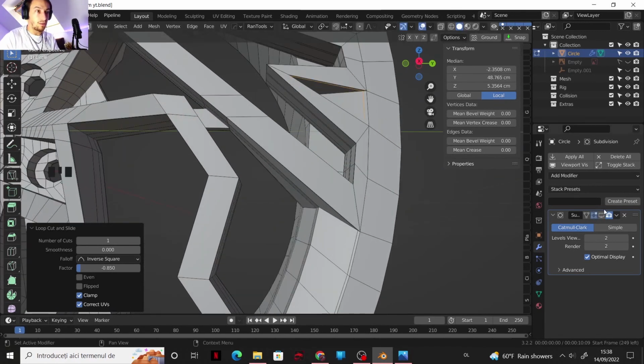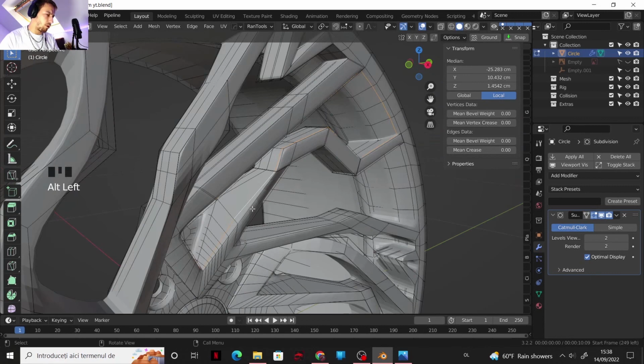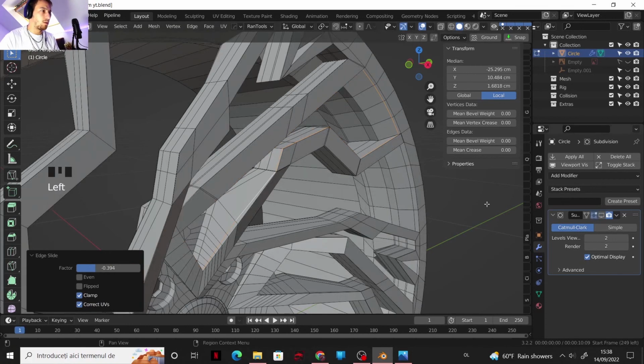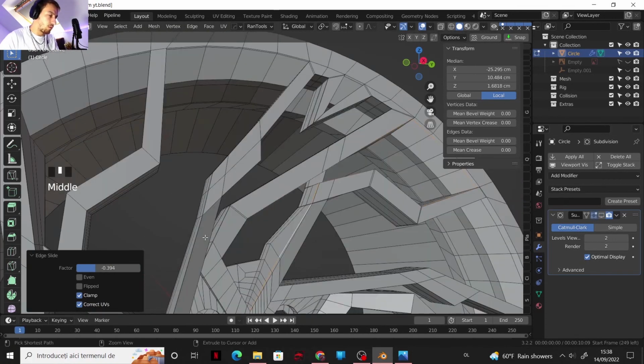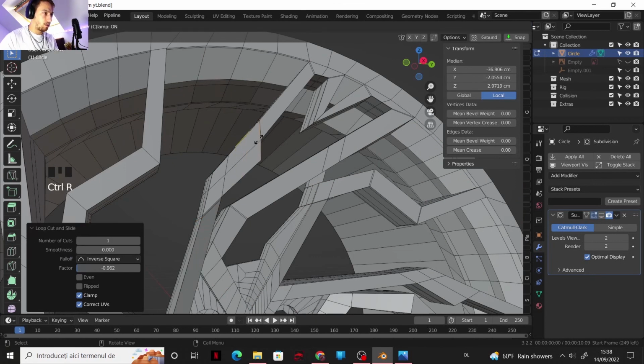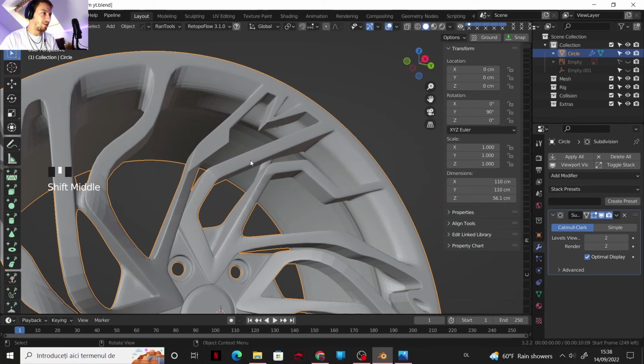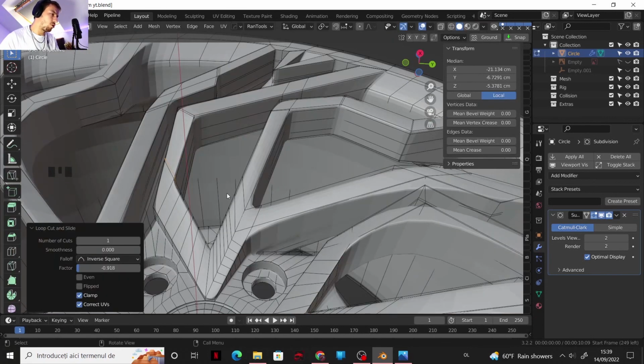That's perfect. That's also solved now. Now if I select this edge loop, I can go closer, just like that, just too far away. And now for this, I'm gonna go with something like that. Here I need an edge, and also here, let's take a look. That's perfect. So here if I bring an edge loop,